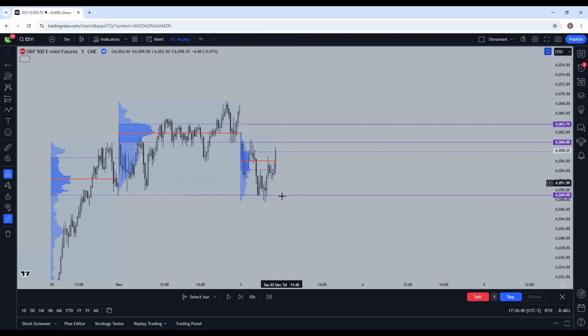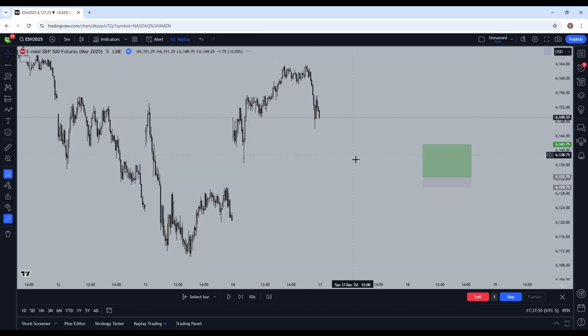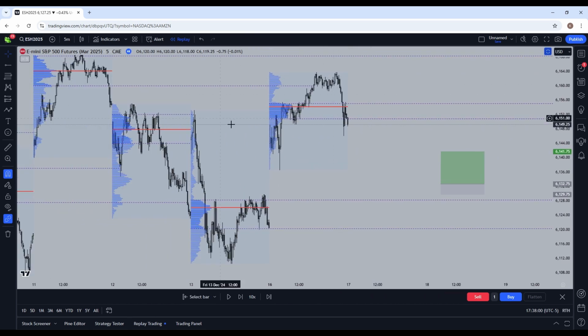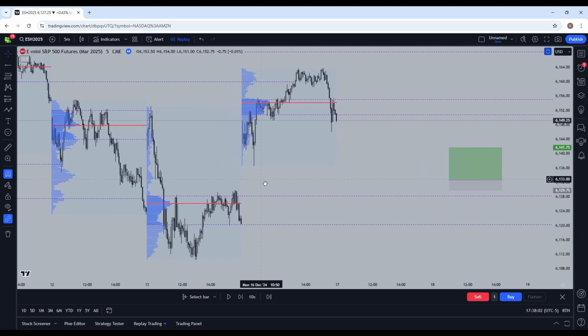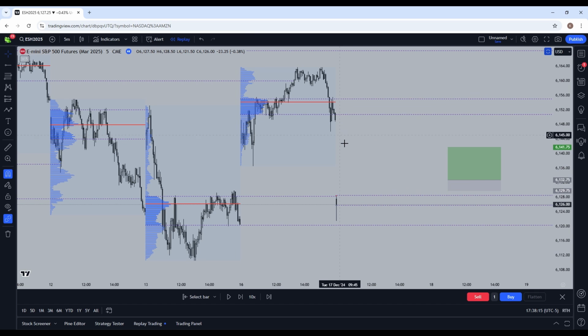I will show you the trade that I took today. Yep, so like I said, I have the last 3 sessions shown here, and you guys already know my strategy, what I'm looking for, what I want to see. So let's see what I did today. So we had a major gap down